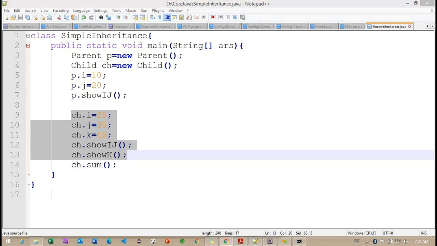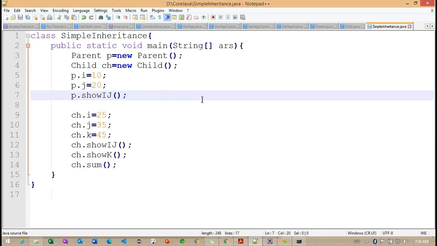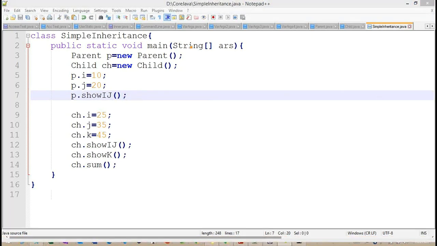So this is all about simple inheritance, and this particular inheritance we call an is-a relation. Some people may call it that. An is-a relation is nothing but here we have only one parent and one child.